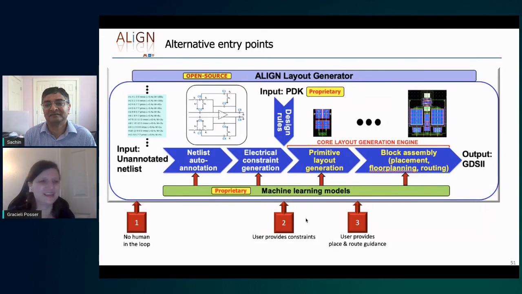Professor Ricardo Reis, how flexible is the tool to handle different transistor, resistor, and capacitor sizes? It's pretty flexible, and that's part of the primitive layout generation. So for instance, if you have a current mirror and you change the sizes of your transistors or the ratios for the current mirrors, then we can generate those layouts automatically. Okay.